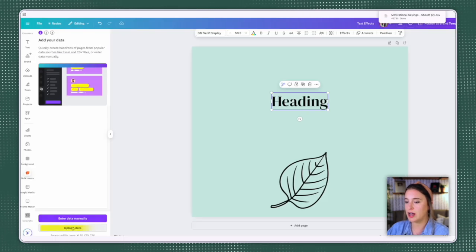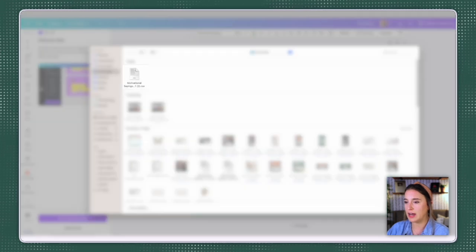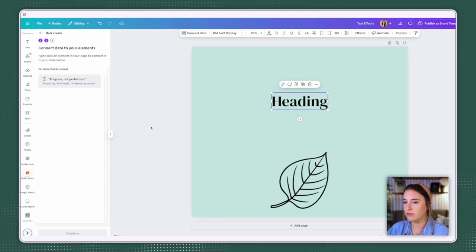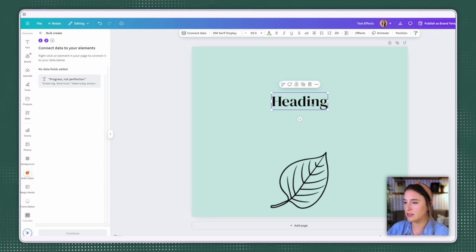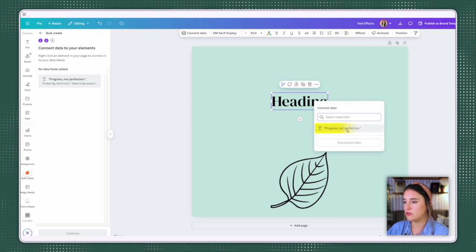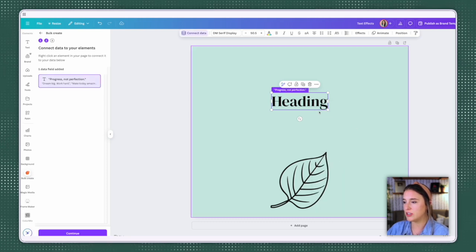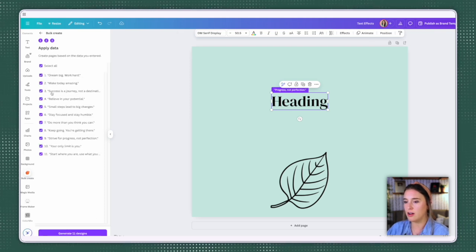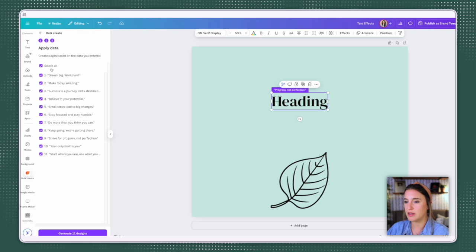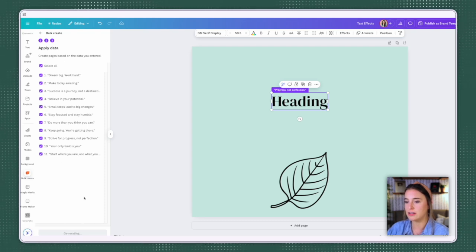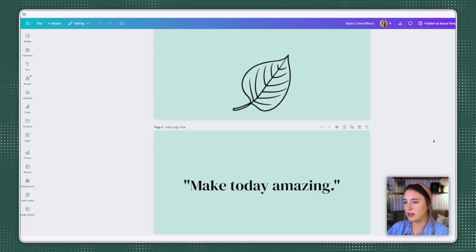Then when I click my upload data in my bulk create app, I'll be able to bring in the CSV file that I just downloaded. Then I'm going to come over to where I have my text on my project, right click and choose connect data, and then choose from the option here, which selects the field that I want to go here in the text area. Then I'm going to leave all of these different quotes checked because I want a page for each of these. And then I'm going to click generate 11 designs,